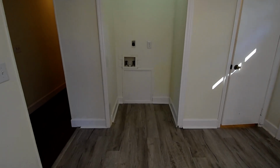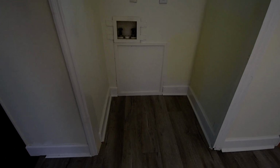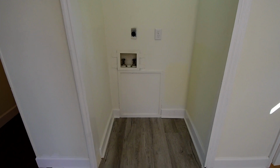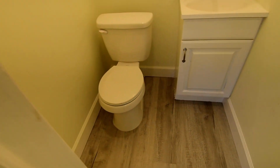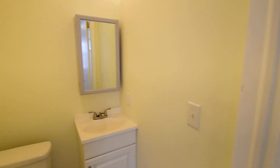You have a laundry area over here for what looks like a stackable washer and dryer, and that may actually just be a washer connection in there. I do see hookups for that, but don't see any venting or connections for a dryer. So off the kitchen as well, you do have a half bathroom, a commode, and single vanity medicine cabinet. And then we have access to the backyard here,